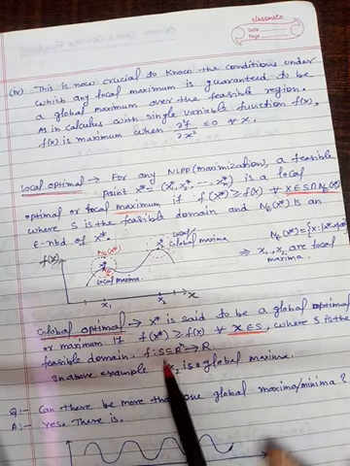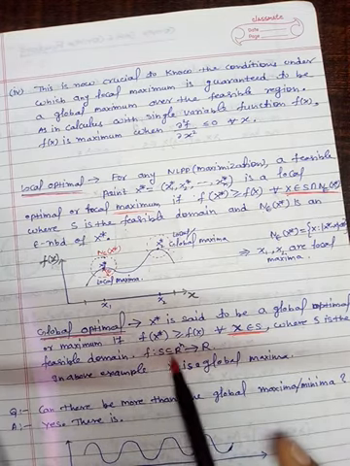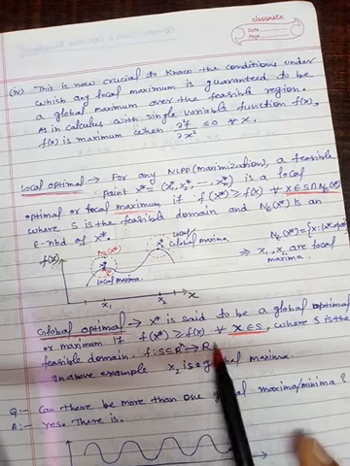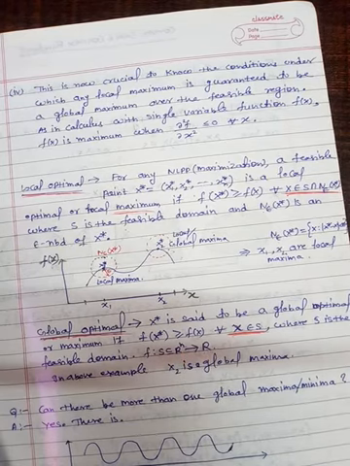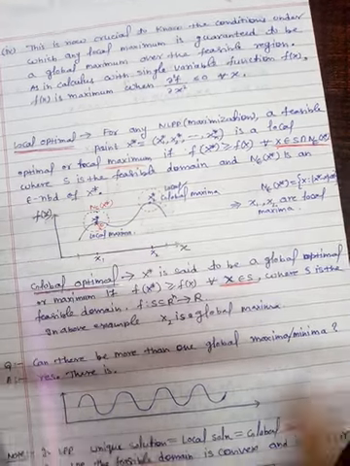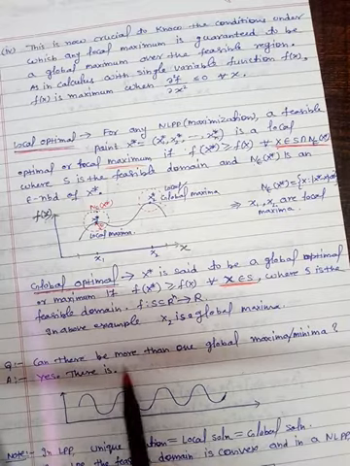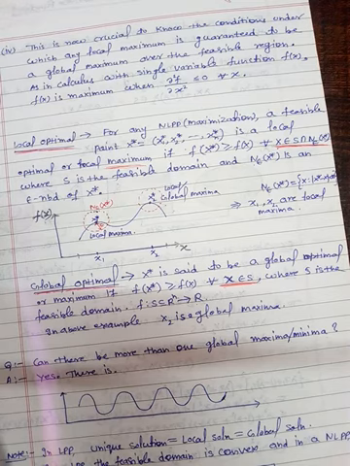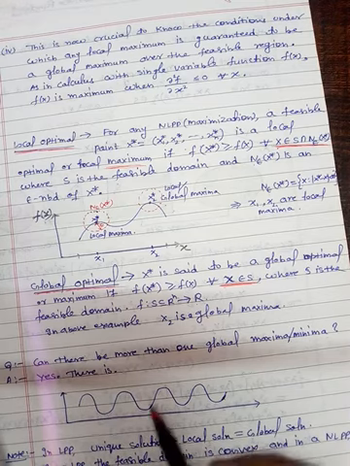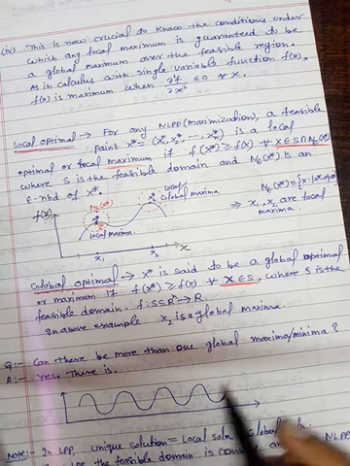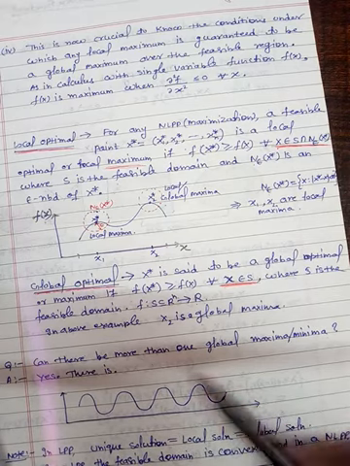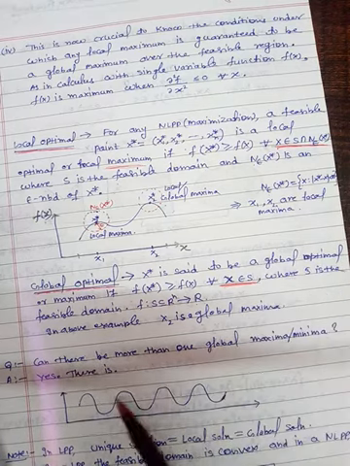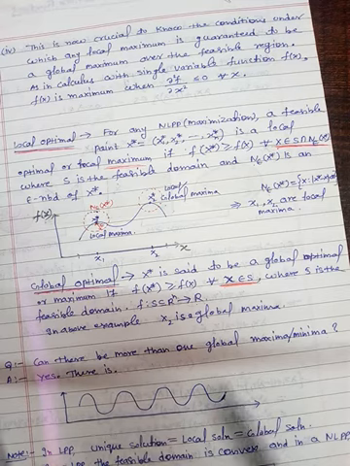And this function is defined here. S is the domain, which is a subset of Rn, f maps to R. It's a real valued function. Fine, so now here is a question: can there be more than one global maxima or minima of a function? किसी एक फंक्शन का क्या एक से ज़्यादा ग्लोबल मैक्सिमा मिनिमा हो सकता है? Yes, हो सकता है. For example here they are at the same level. For example, in a sine wave you would have seen there is one same level, so all these are global, same level है क्योंकि.